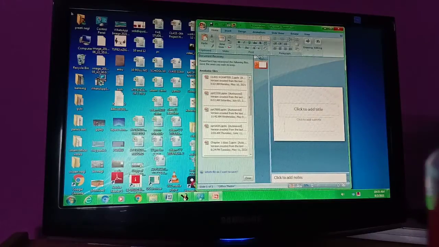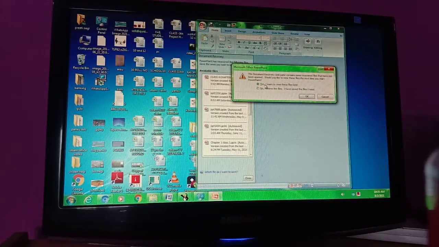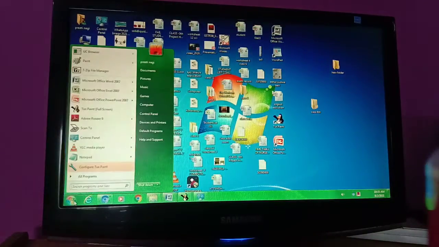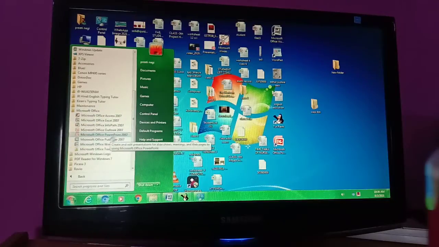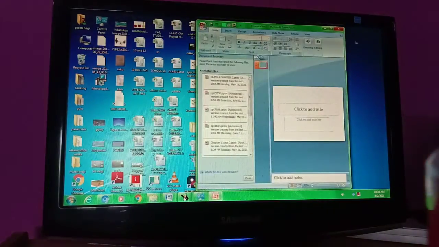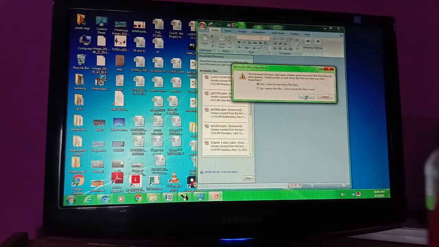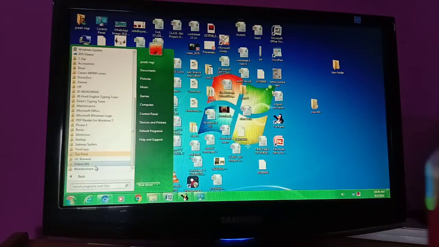Okay students, let's close this. You learned how to create a shortcut, or let me show you again. Go to the Start menu, then All Programs, and in Microsoft Office click on Microsoft PowerPoint. You need to go to whichever program you want to create a shortcut of.